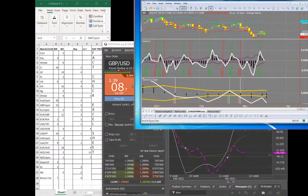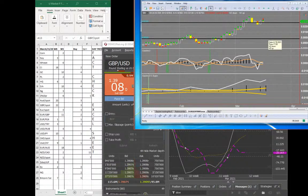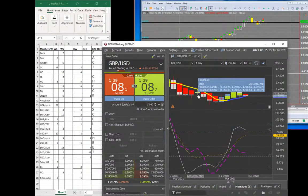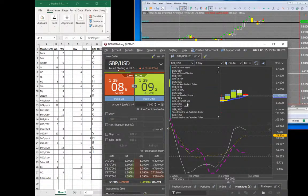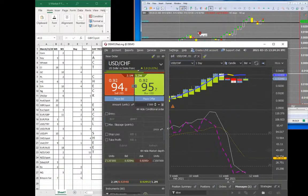Sure. You know how I feel about that, 47. I see that as a very clear picture of the dollar action. There is dollar Swiss, and then let's put it up on J4X at the same time. There it is, right there. And so what we got going on here